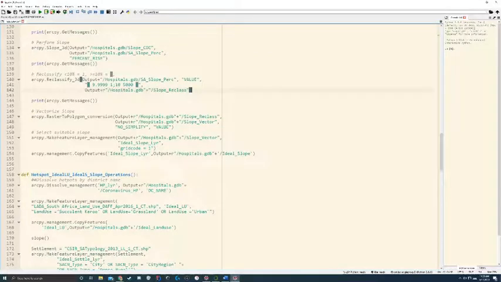Okay, and then we're going to vectorize it. So we're going to create a shapefile based off this. So you take in your slope reclass, and you want to output it as slope vector. No simplify just makes it so that instead of